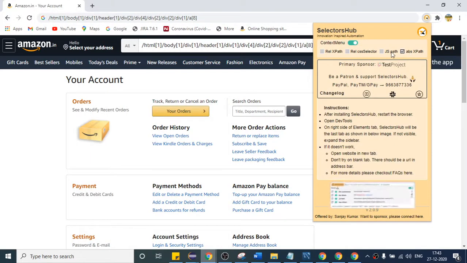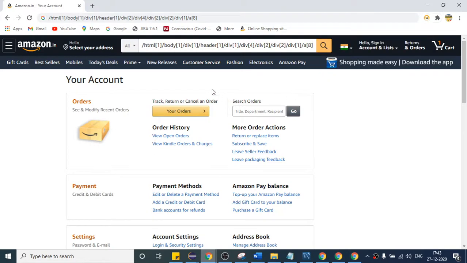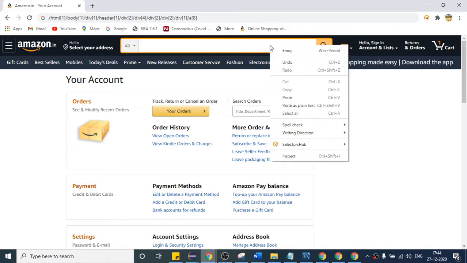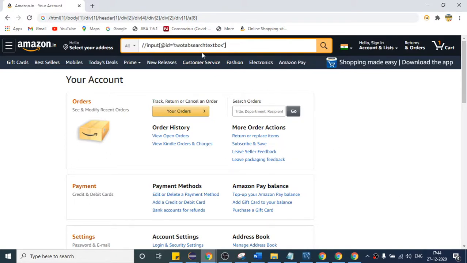So you can use this tool, and if you want to get some other XPath, you can do the relative XPath. If I click this and want the relative XPath of this text box, I right click and choose relative XPath. So this is a relative XPath. We have created this many times. I remember this ID.